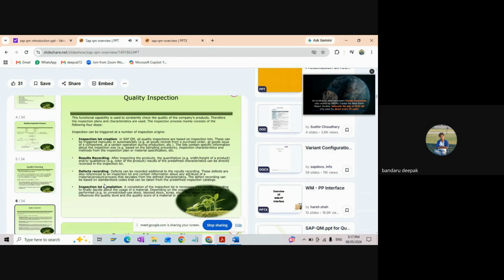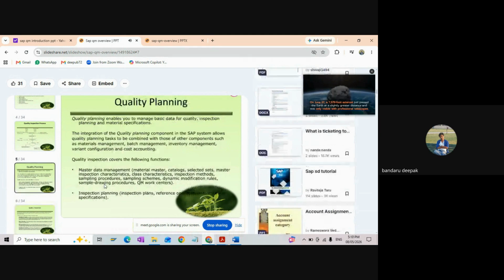But in master data, we have so many things called catalog sets, sampling procedures. We have MICs, characteristics, classes, and all, which as of now I don't want to go into. But as an example, with the pen, when I want to set up master data, it is catalog set, master data, inspection characteristic, class, inspection methods. These are the master data which we need to create. And the inspection plan, reference operation sets, and the material specification, we will be defining everything